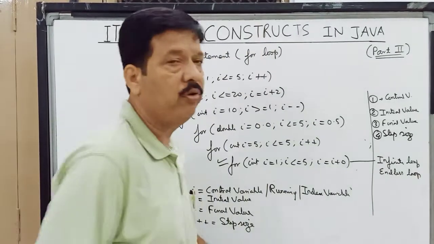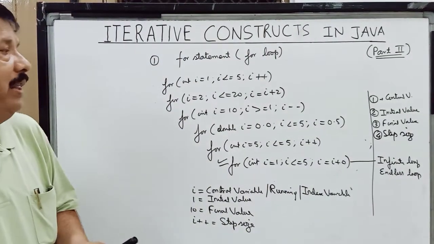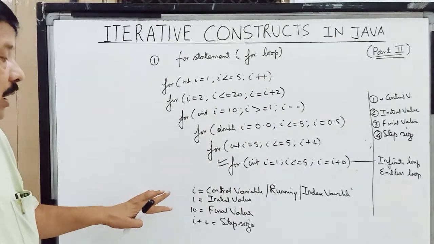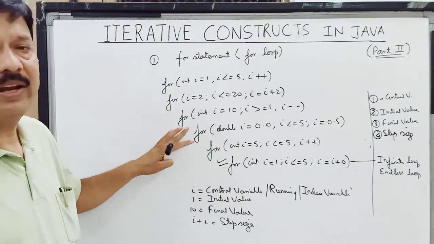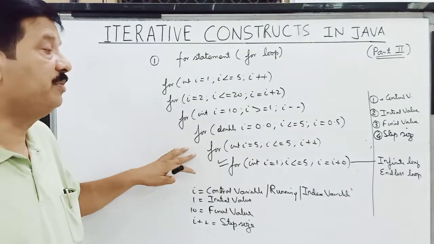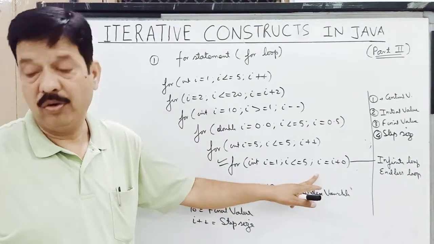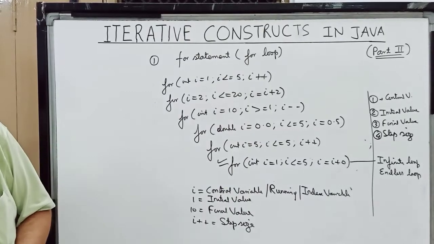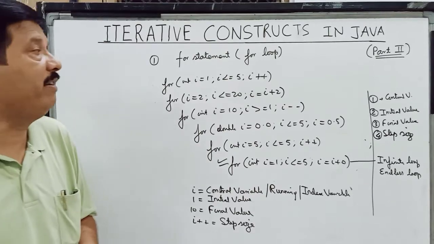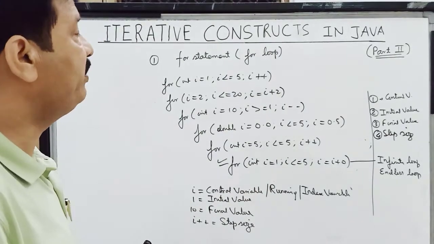So these are few things which you have to follow, that the step size may be positive, negative, in fractions, but it cannot be 0. So children, these are few things which you have to keep in mind while writing a looping statement.